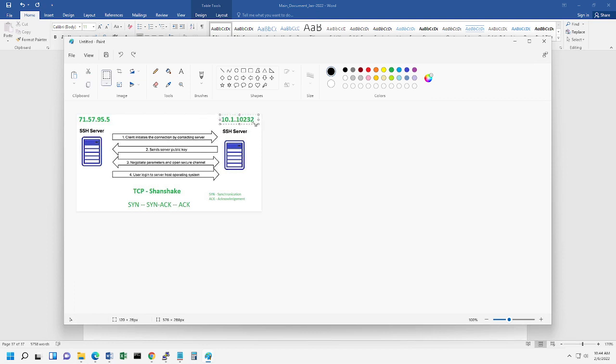It's not working. Okay. So I connect to 10.1.10.110. So what happened here is